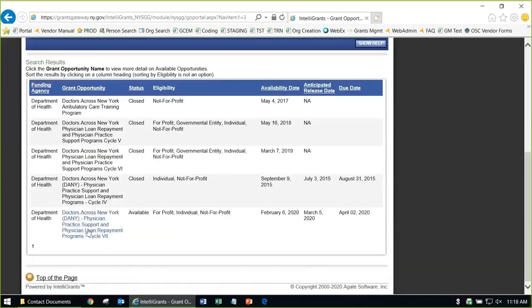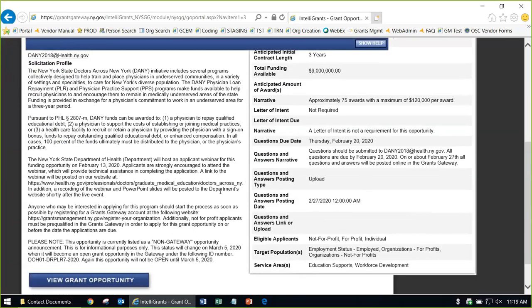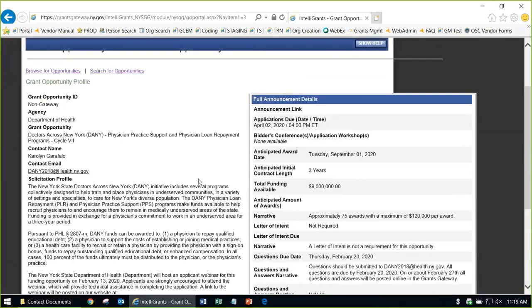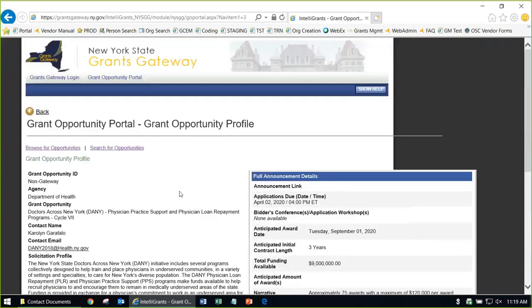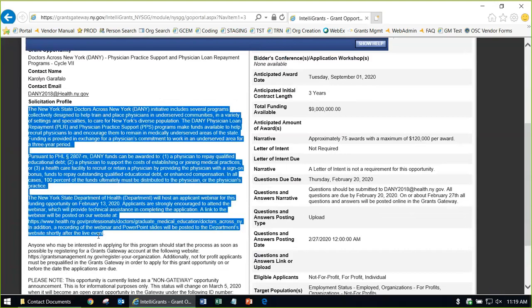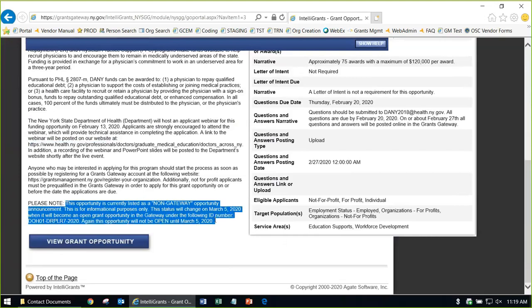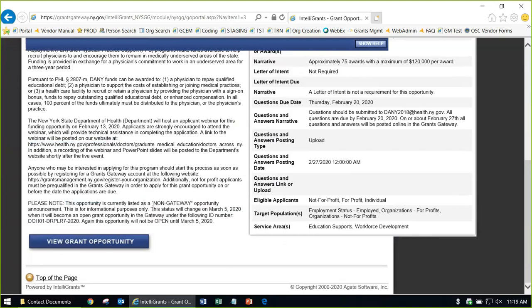So we're going to click on it. Some information about it. Yes, it looks weird, because there's some wide text, it expands past the width, and nothing we can really do about it. But anyway, you can see there's Carolyn's info and that email address she's been talking about. The profile is just a few paragraphs about the opportunity. You can see there's a link here, or at least a link you can copy and paste. And we're just explaining, realize this is a non-gateway opportunity now while we're just giving you the information between now and March 5th. Then it will become this grants gateway opportunity that you can apply for starting on the morning